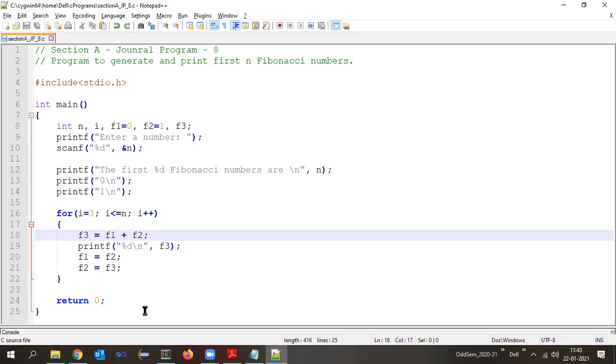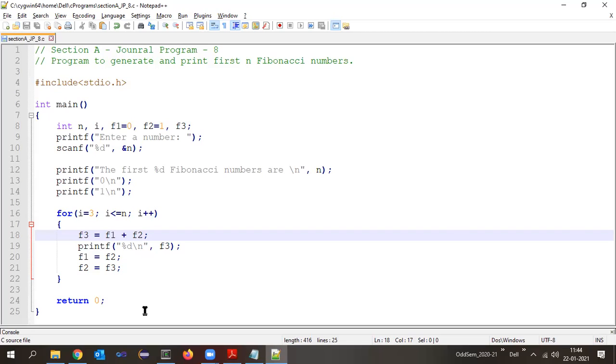Understood? Yes? Okay. After that, what is the next statement to be written there? Print is there, right? So you just write the print value. What you need to print? Which value you are printing here? F3. Just print F3. Then a column.